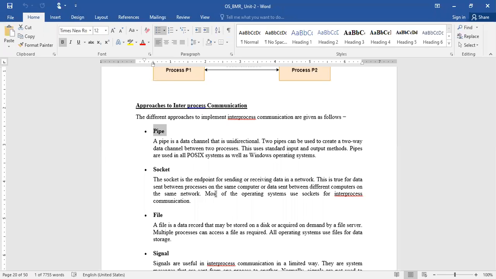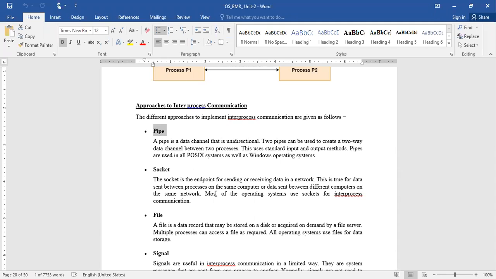Another one is the socket. You can think about the electrical plug point at your homes, where a 3-pin plug or 4-pin plug, it is a socket where you can put something so that the current will be passed from that point. Suppose you talk about your mobile charging. What do you do? You connect your charger to the socket as well as to your mobile phone. Why do you need to connect like this? To get the power from your board to your mobile. If you don't have such a mechanism, it is not possible, right?